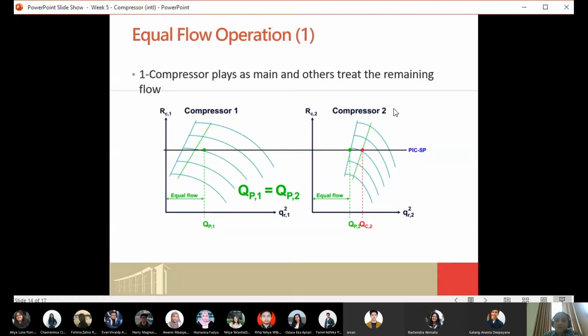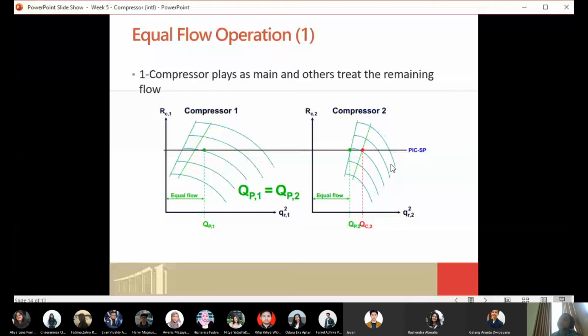But for compressor number 2, because it has less capacity in terms of compressor performance, as you can see here, sometimes the operating point could reach the surge line. So to avoid the surge line, you have to open the recycle line, to open the anti-surge valve, to keep your point inside the operating window.